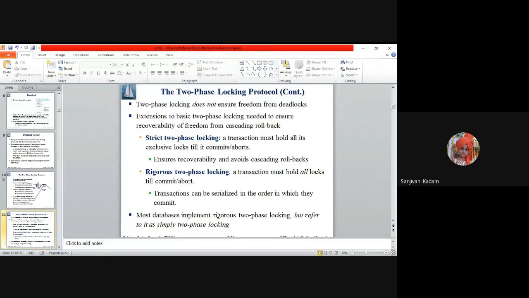Rigorous two-phase locking is also widely used because it always keeps the database in a consistent state with no cascading rollbacks, and it is more strict than the other locking protocols. So please read these definitions for a while.